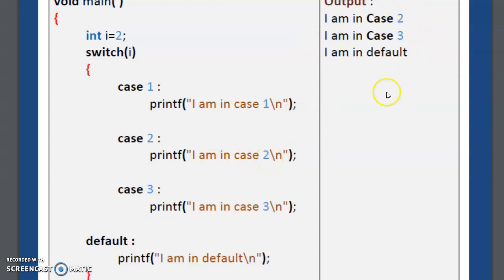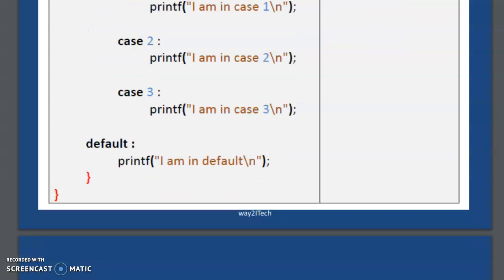But if you look at the right side where we are getting the final result, we are getting I am in case 2, I am in case 3, I am in default. So all the statements which were part of all the cases from case 2 onwards have been executed. But we wanted only I am in case 2 to get printed. So one very important thing that we have to remember when we are using switch case is to use a break statement at the end of each case, like it has been done in